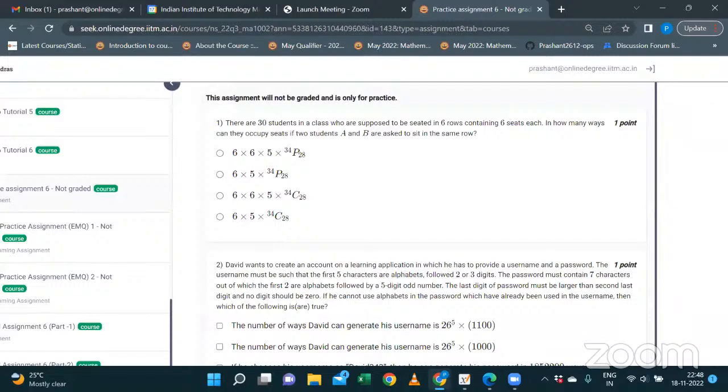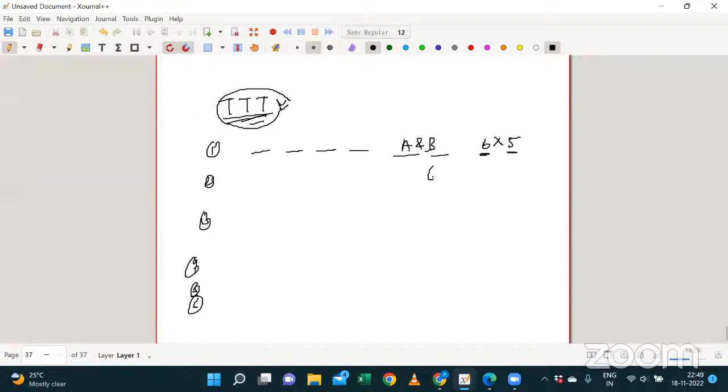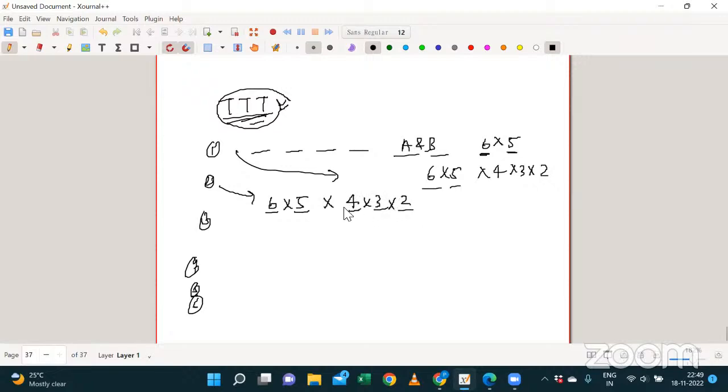What about the remaining persons? They can be seated in 4 factorial ways, 4 into 3 into 2. So you are saying 6 into 5 into 4 into 3 into 2. According to you, what about the second? If A and B were seated the same, it will be 4 into 3 into 2, or 30 into, I mean,